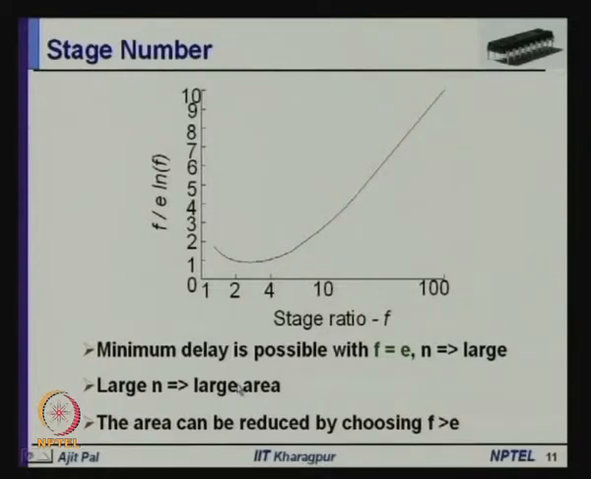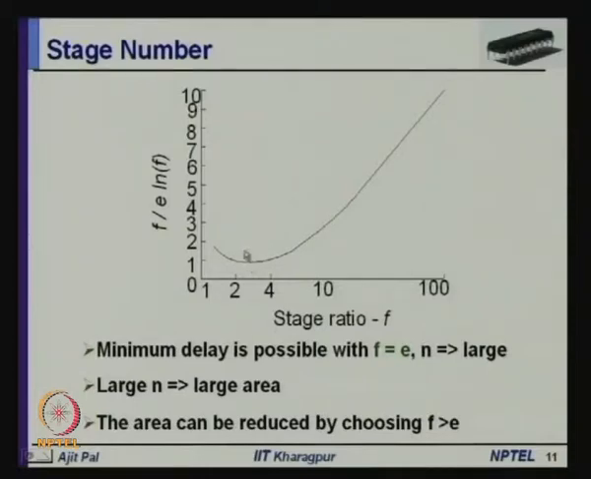So, is there any way we can do some optimization of the area? To do that, let us look at the delay characteristics for different stage ratios. We find that although it is minimum for f equal to 2.7, it does not really increase very quickly, it changes slowly. So, if we take, say, a stage ratio of 4 to 5, then there will be a small increase in delay,